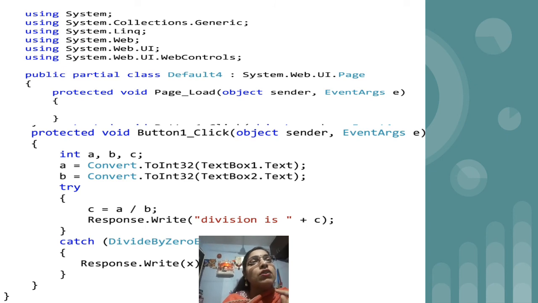Then in the try block, as I said previously, if you feel that a certain line of code is going to create an exception, then that line we can add inside the try block. So the same thing I did, that is c equal to a divided by b. As I said previously, the user can enter any value of b. It can be 0, but if the user is entering value 0, it means what? It is an exception. And it is not the case that this exception occurs only in C#. In all other programming languages, the same exception is there.